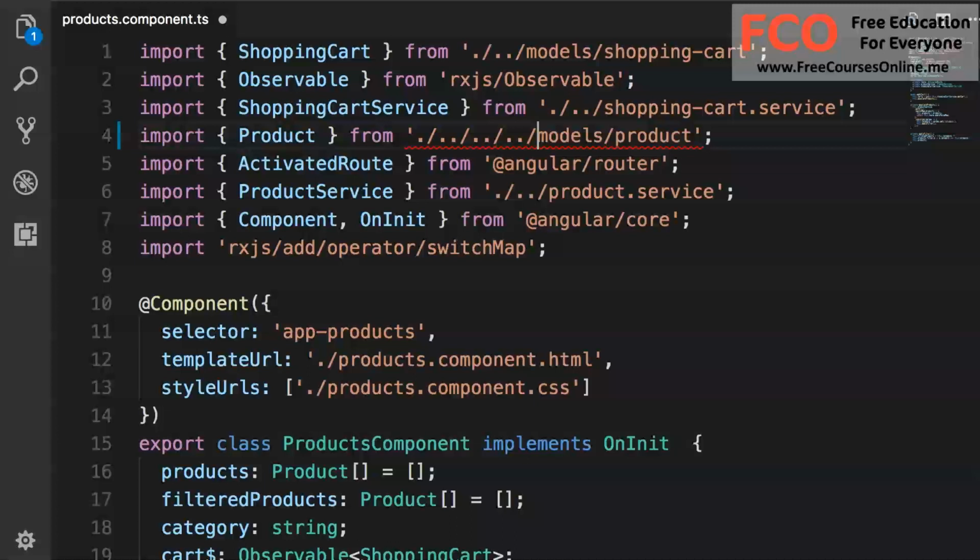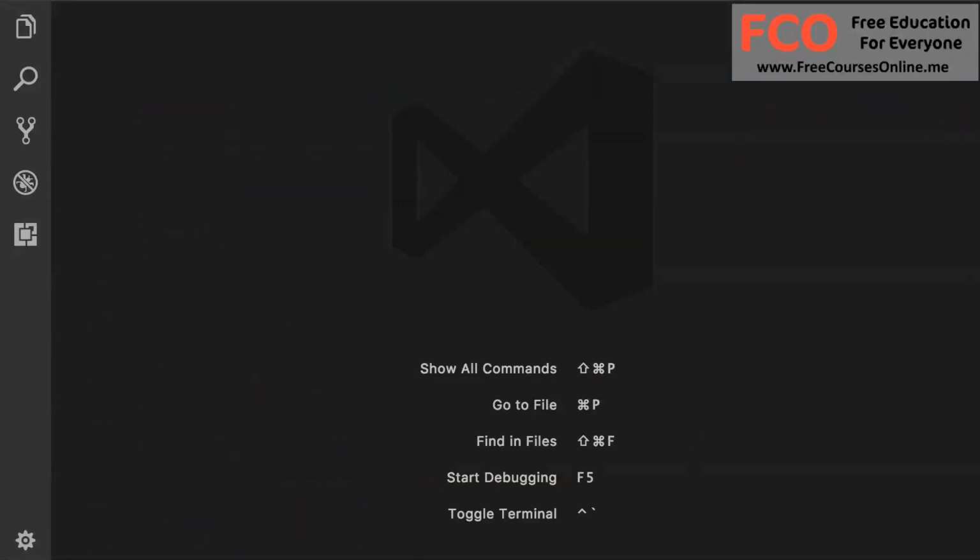So we want to modify the configuration for our TypeScript compiler and create an alias for our paths. With this, we can add a path like this, shared/models/product. So here we're assuming that we have a folder called shared that is under source/app. So we're going to define an alias, and then we don't have to add a path like this. Okay, so let's revert this back. Now let's go to